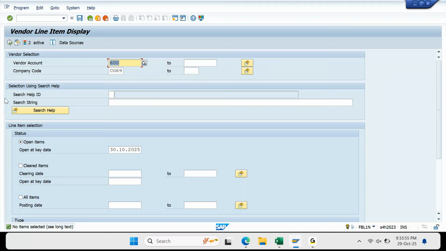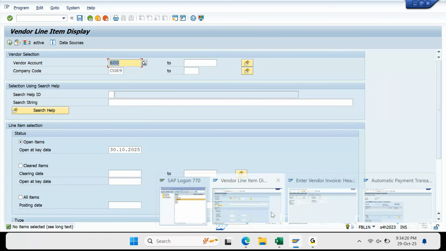Now, based on this criteria, are you finding any open item in the report or nothing? Nothing, no open item. Meaning your automatic payment program parameter is not meeting any criteria or is not giving any open item, right? Yes, sir. If you get any open item based on the parameter, that is where you will find